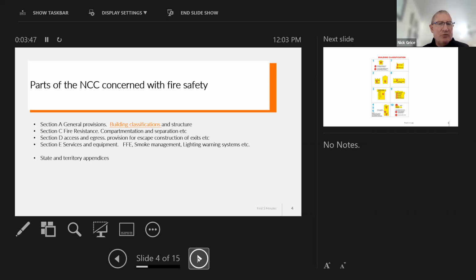So I'm not going to quote any particular parts of Australian standards. All I'm giving you is information here, so you can go to the sections and have a look at what Australian standard